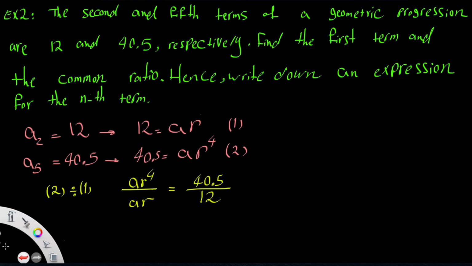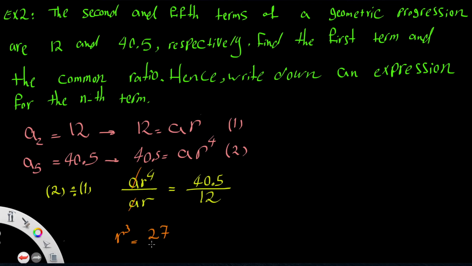As you see here, when you divide these two formulas by each other, a and a cancel out each other, then you will have one unknown that can be easily found. r to the power of 4 over r will be r to the power of 3, equal to 40.5 over 12. They are all divisible. If you simplify them, it will be